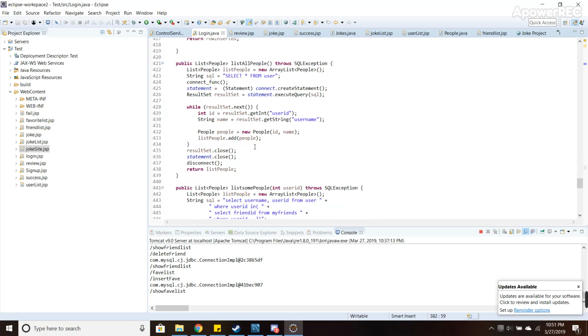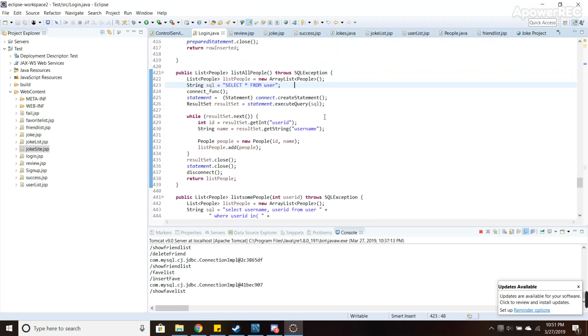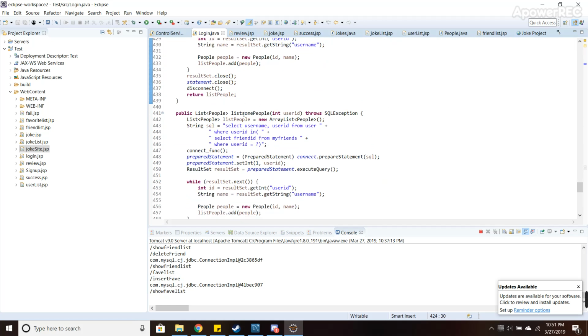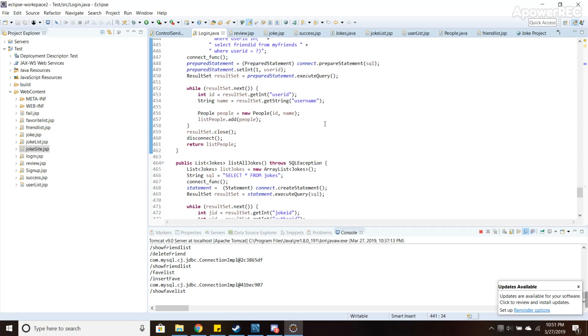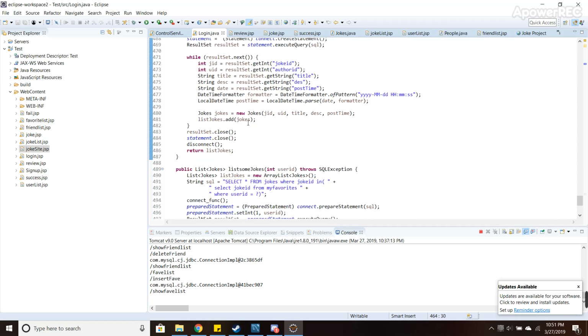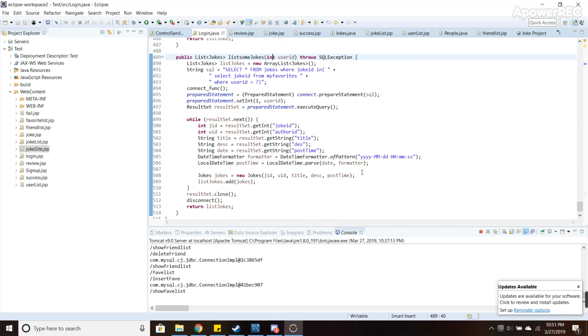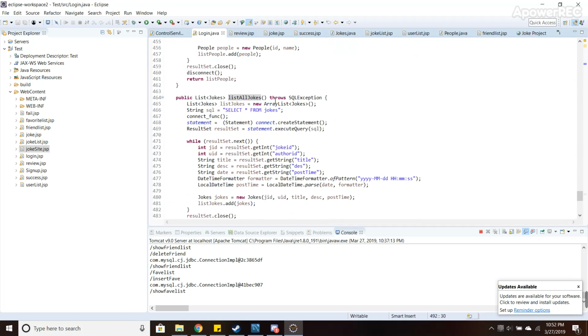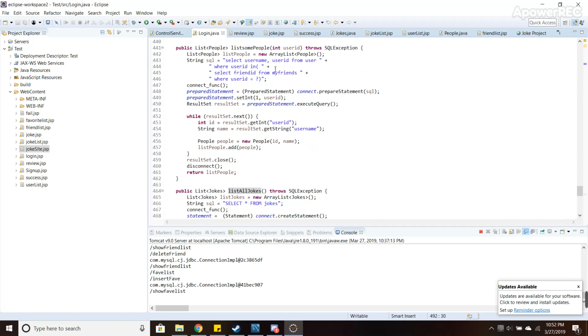And then we have lists. This one lists all the people so that I can display it. This is actually my one that's kind of for debugging. This is one that I use to show your friend list. This is another debugging one, and this is the one I use to show your favorite list. Yeah, it just uses an SQL query that takes the user ID and outputs